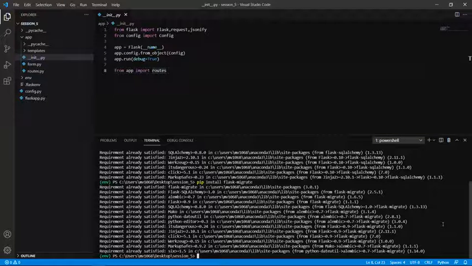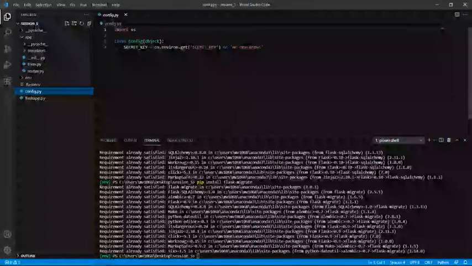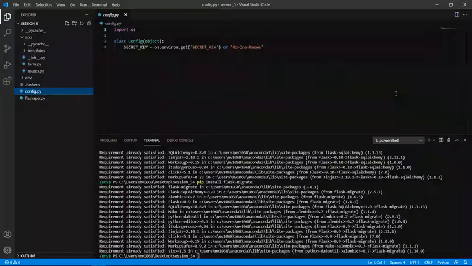The next thing that we are going to check is that we have to update our code. For the development of a small application, as we said, the SQLite database will be the best one. So we have to open our config.py to add the SQLite configuration.